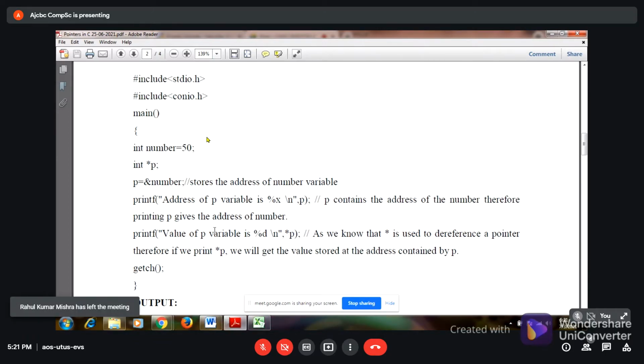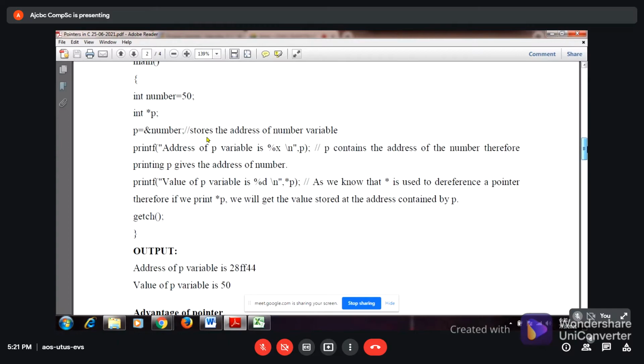Now what is the value of the p variable? It will be 50 because it is pointing to the number. So the value of p will be 50. As we know that star is used to dereference a pointer, therefore, we print star p. We will get the value stored at the address contained by p. So p is pointing to this number variable.